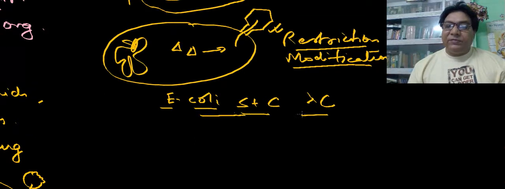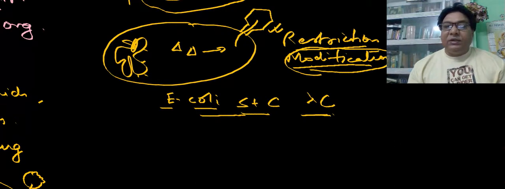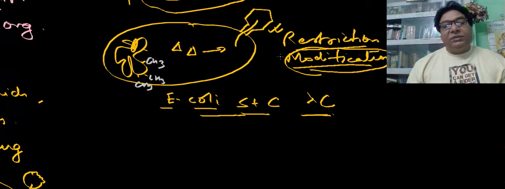So if it is a host cell for lambda C, then the DNA of lambda C phage will not be restricted. It has already gone modification in its DNA. With this same modification facility, the bacterial cell also protects its own DNA. The modification is basically methylation. Different places in the DNA are methylated, so that these are the sites where the restriction endonuclease will introduce a cut. So if those sites are methylated, the site is not